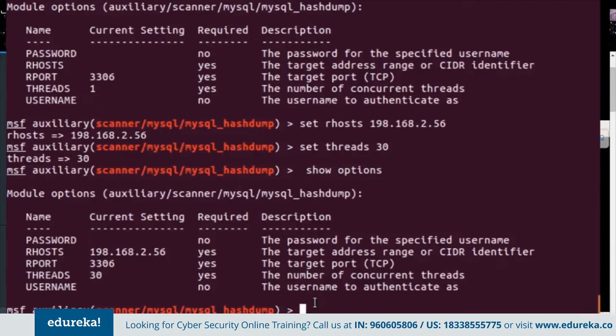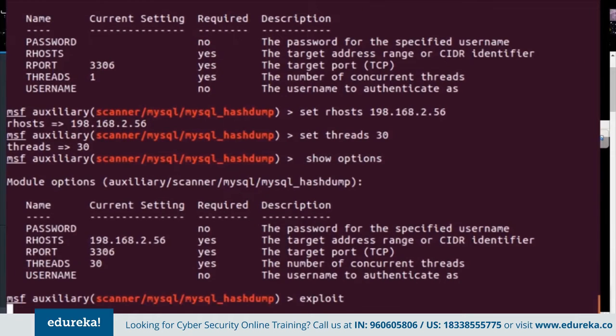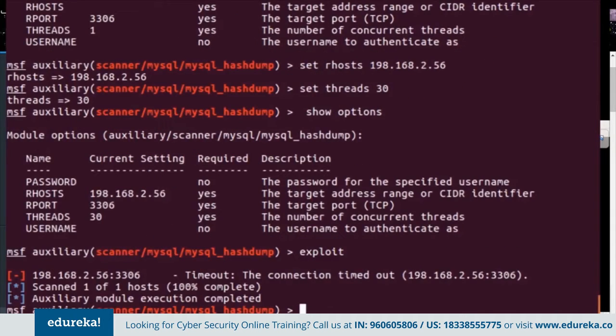So once you're done setting up the options, you can go ahead and run the command run or even exploit. And this will start running the exploit on the system that you want to. Now I've put in a very arbitrary IP address, and that does not have a MySQL port running, so